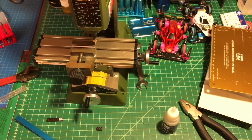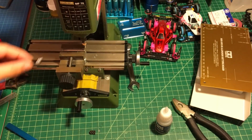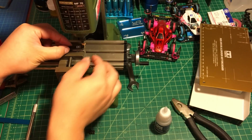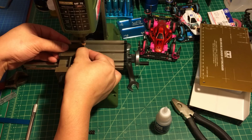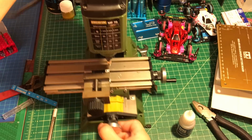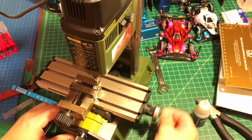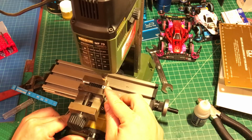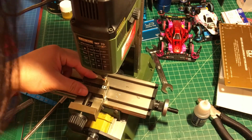For cutting the latch, I recommend using the 1 millimeter cutting bit. First, we're going to set up these pieces on top of the vise, which is right here. Make sure it's really 180 degrees flat. The cutting steps are going to be very important, so make sure you don't mess up. First I'm going to move the cutting bit to the 3 millimeter line, which is right here. We're going to move to there,